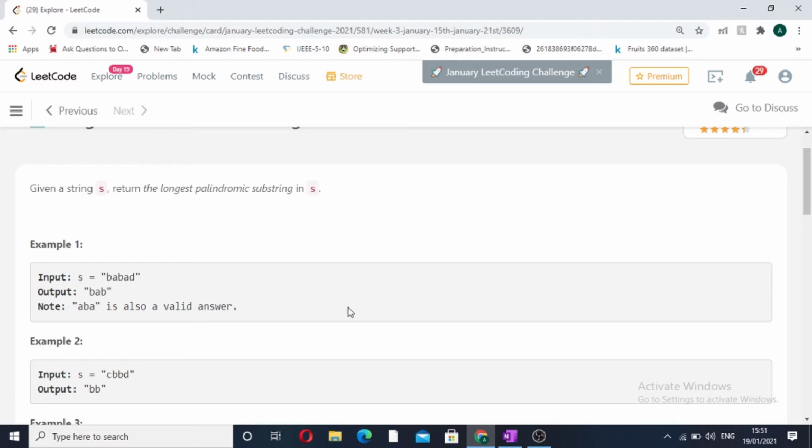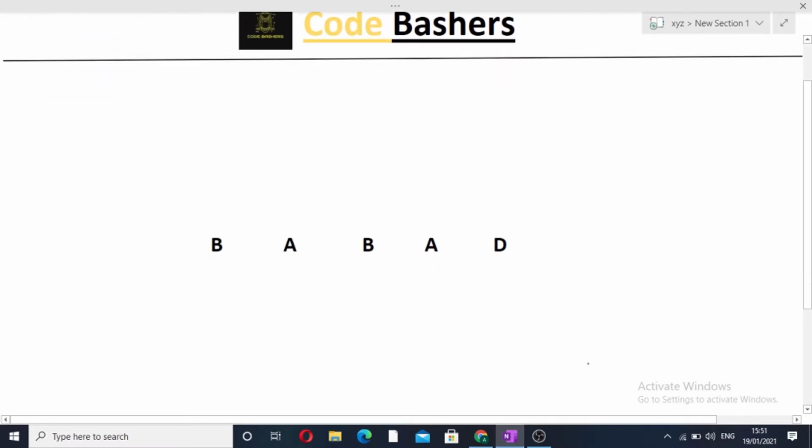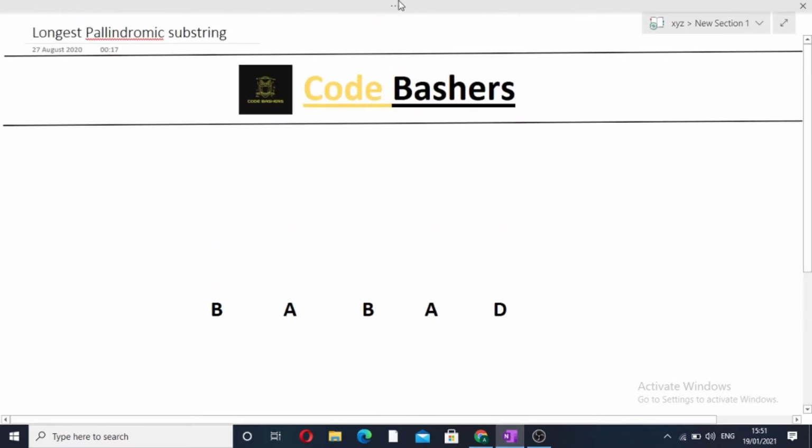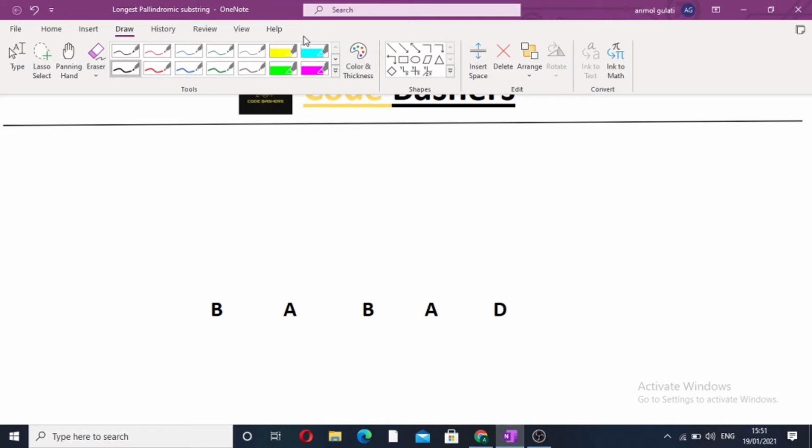So in this video, what we will be discussing is a better approach than O(n^3), that is an O(n^2) approach. The name of this approach is expansion through a particular index. Now see what we'll do. We will try to find every possible palindromic substring from each index of the given string. So let's select it. Okay.